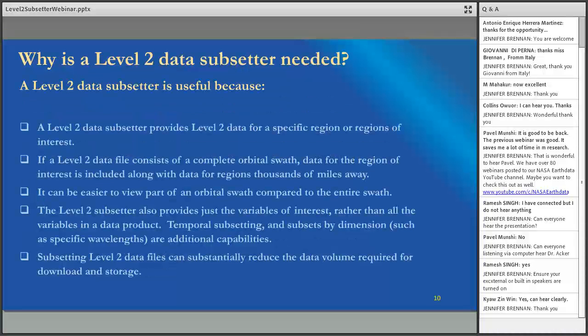And so the next question is, why is a Level 2 data subsetter needed? And the Level 2 data subsetter is useful for the following reasons. Number one, the data subsetter provides this Level 2 data just for a specific region or for several different regions of interest. Now, if you have a Level 2 data file consisting of the complete orbital swath, as I showed earlier, you may be interested in data for one region, while that data file has also got data from places several thousand miles away. As you can see in the previous image, the swath goes from nearly the South Pole